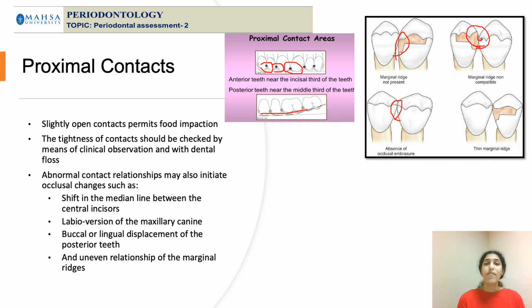Ask if the patient has got crowns, if the patient has got proximal restorations, if you find localized pockets on 1 or 2 teeth but the rest of the teeth are healthy, or if there is any drifting or spacing of the teeth. In all these situations, if you inquire, the patient gives you a clue: yes, food usually gets stuck here. In that area, at least, you can check for proper proximal contacts, if not elsewhere. It is good if you can check everywhere as well.